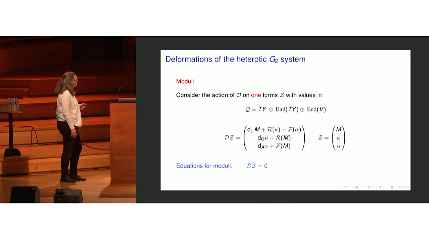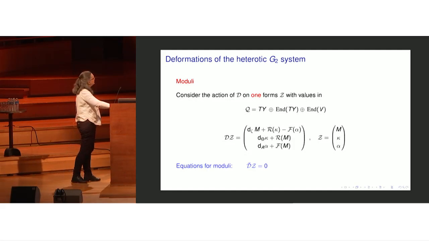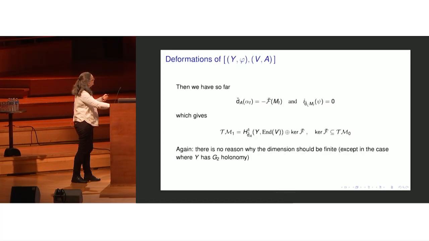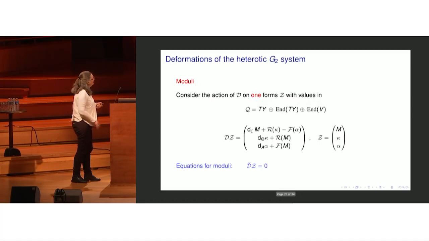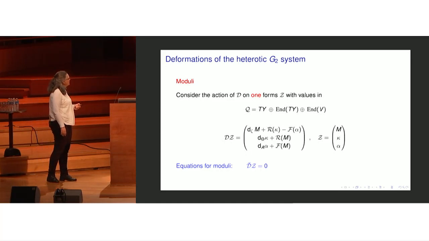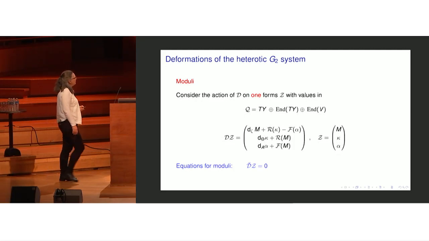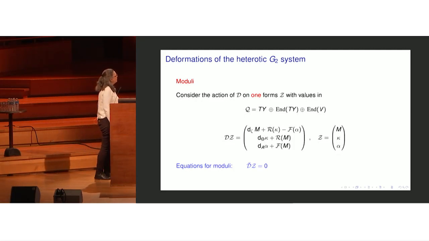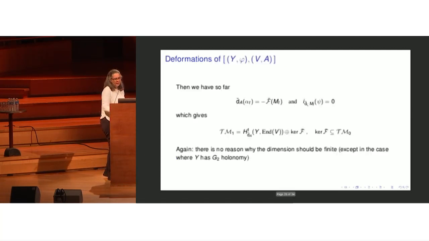So these are the equations that we just discussed in the previous slide, the last two equations there. When this and this, after you project, equal 0, they give you these equations as we had before. So this we understand. So the claim is that the equations for moduli is that you take this, you do the projection as described, and this equals 0 gives you the moduli space. So the one that is more mysterious is this one, because we said before that